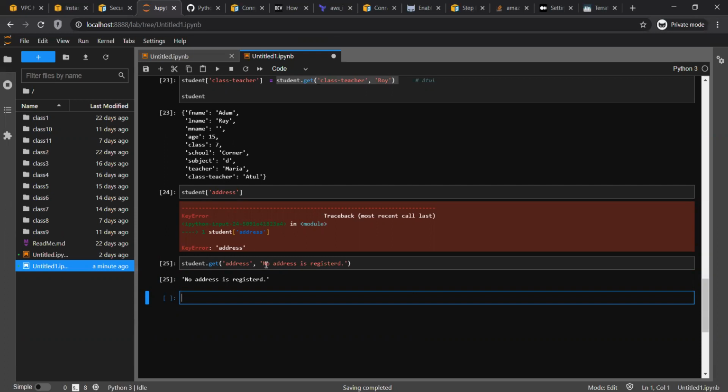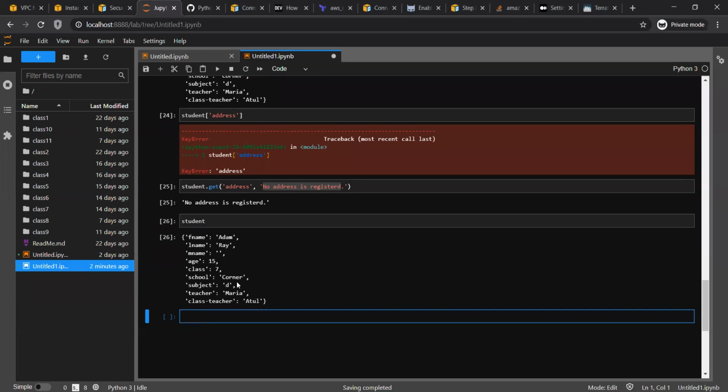You can say it's a kind of if else clause. If the address exists, give me that address. If that doesn't exist, go for the default value. Again, this is not assigned to student. It is not assigned, it returned me the default value.